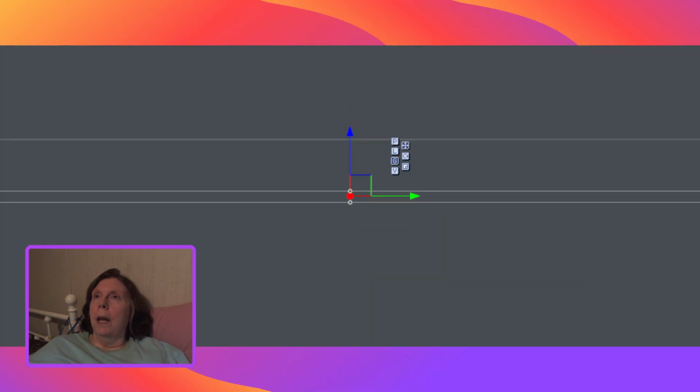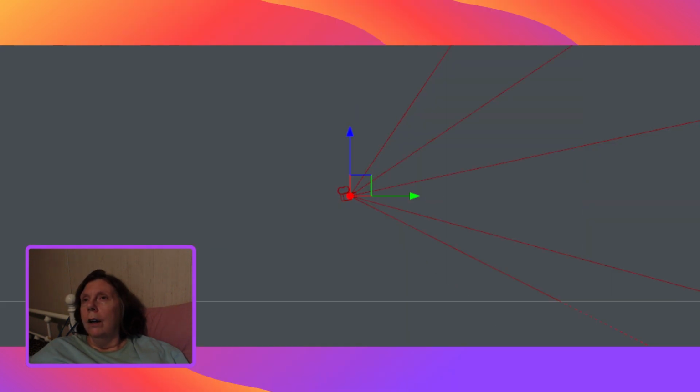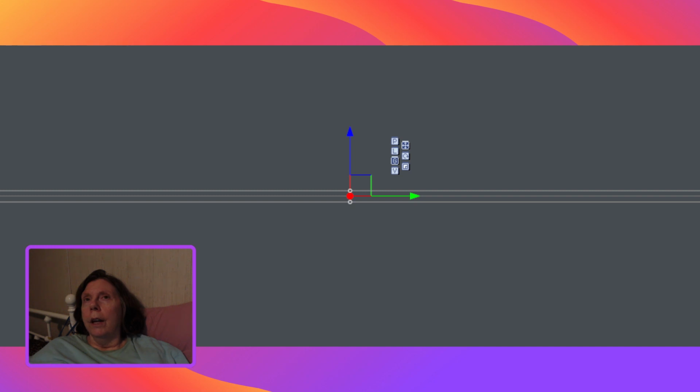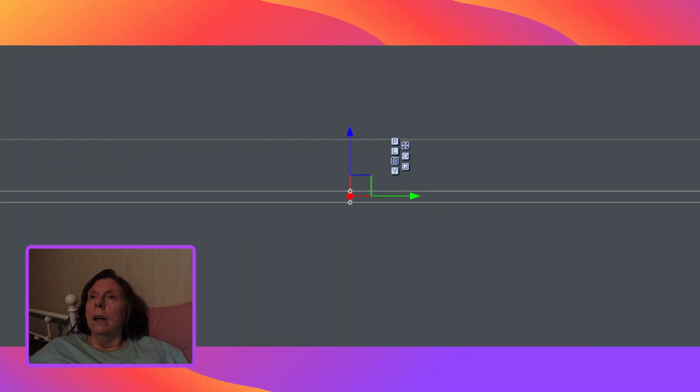I would like to be able to see it. So terrain 2 is there. Terrain 3, terrain 2, terrain 4, terrain 5,